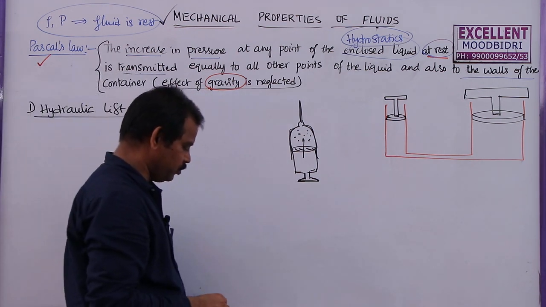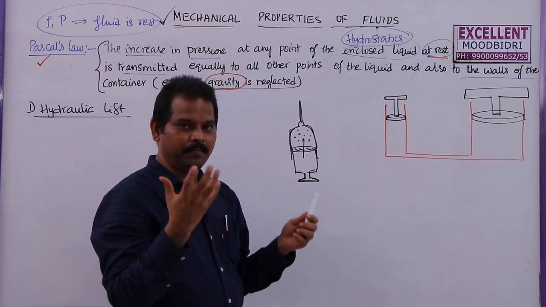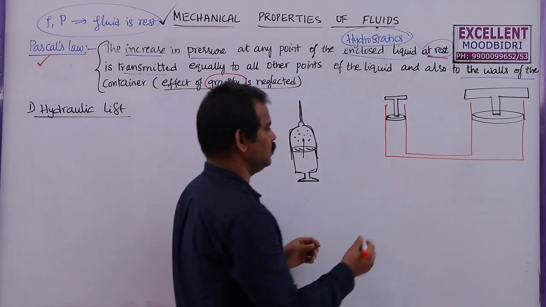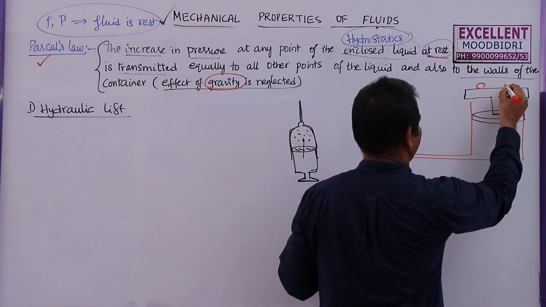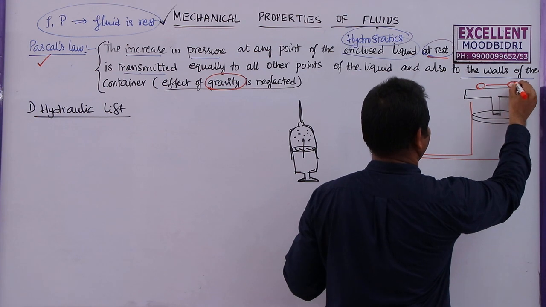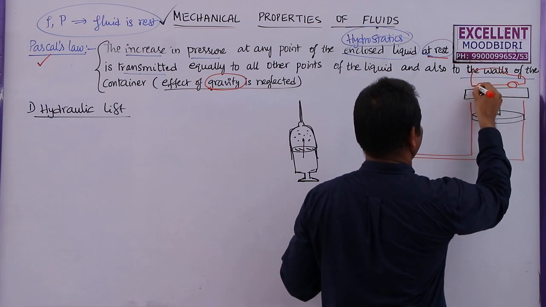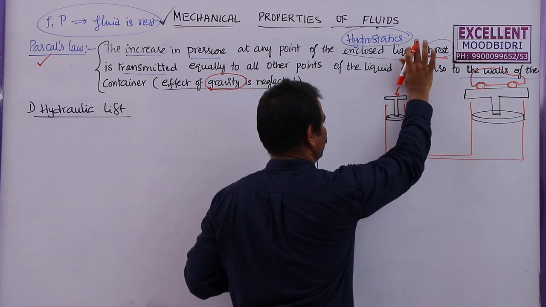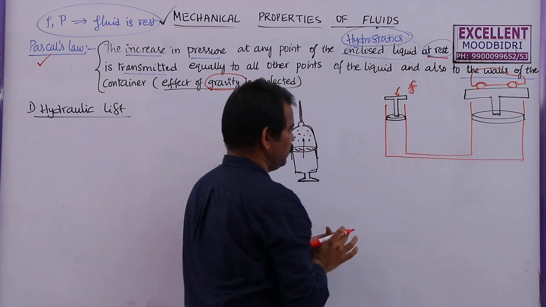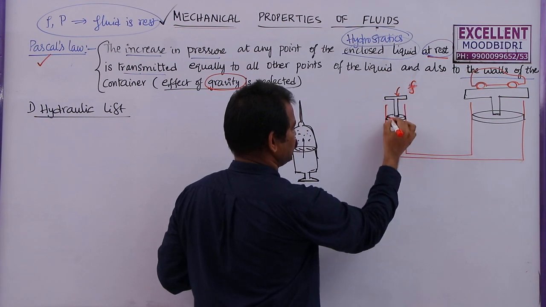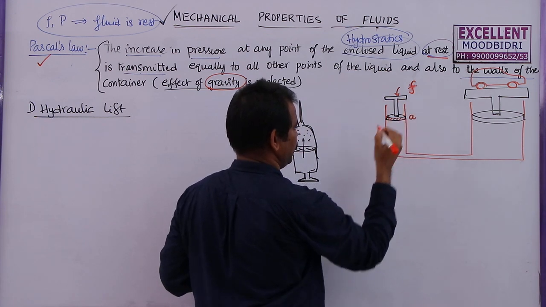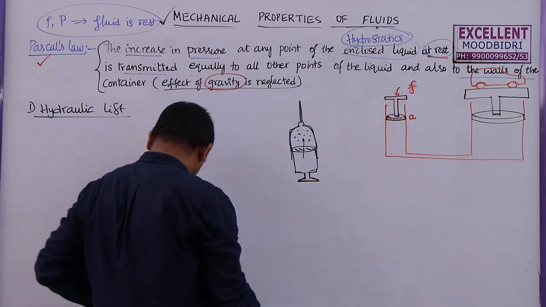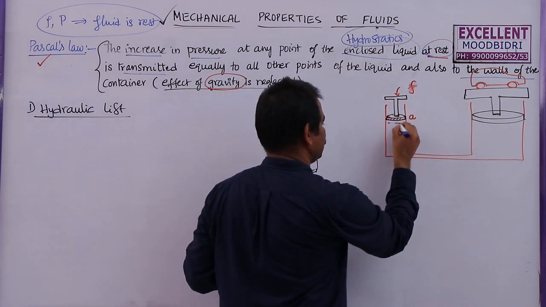So here, if you want to lift a car, it is not easy for us using a single hand or even two hands. So now if you keep the car here on this platform, we apply a small force F here on a small area. This is the small area on which the force is acting. These two cylinders are filled with some liquid. So I am going to fill this with liquid.